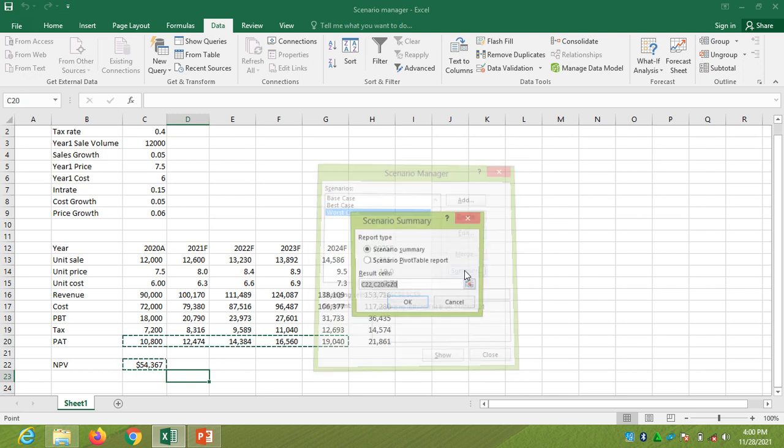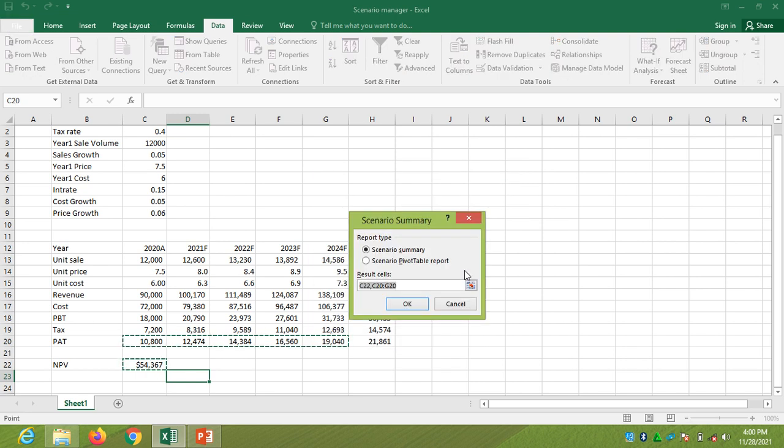Click on summary. You see it. Okay, this is what I need. Okay, to result cell. These are my result cell. It has captured it automatically, but let me refresh it. Let me delete all this so it plays. Then I want it to show my NPV for each of our scenario and in each year. Okay, here now, command, and all this